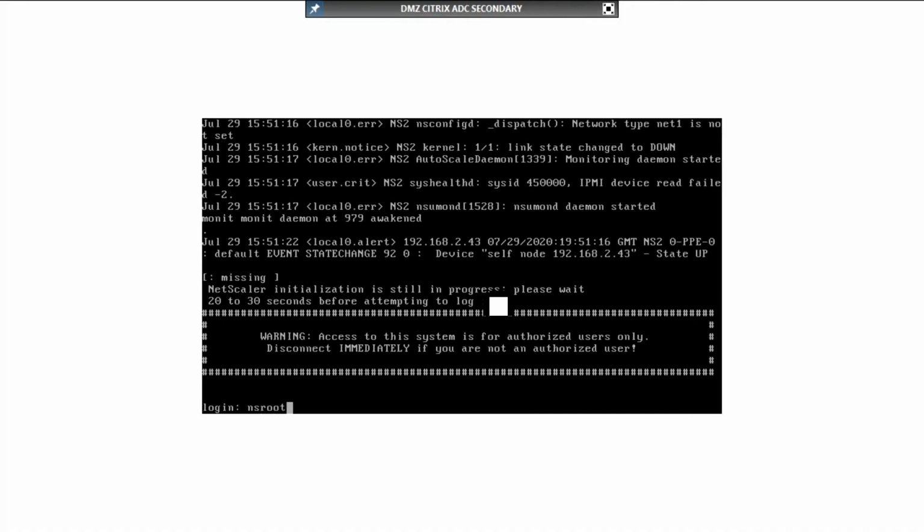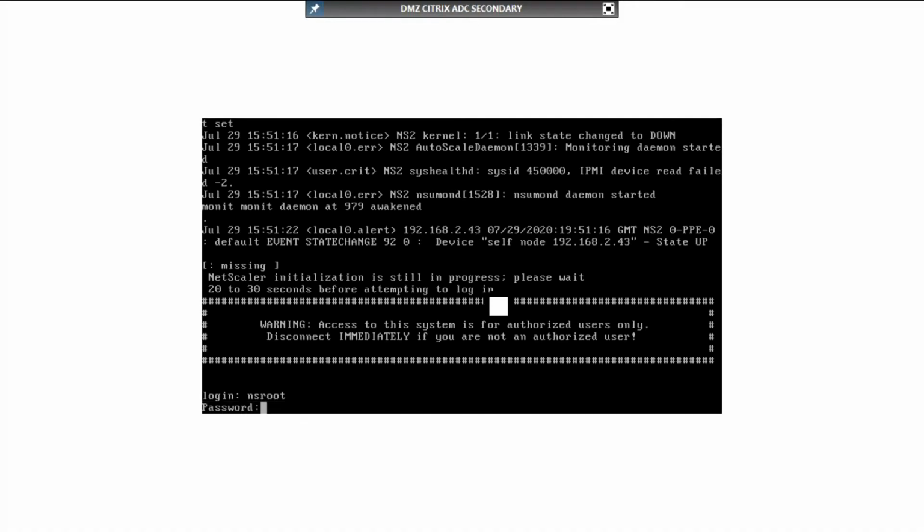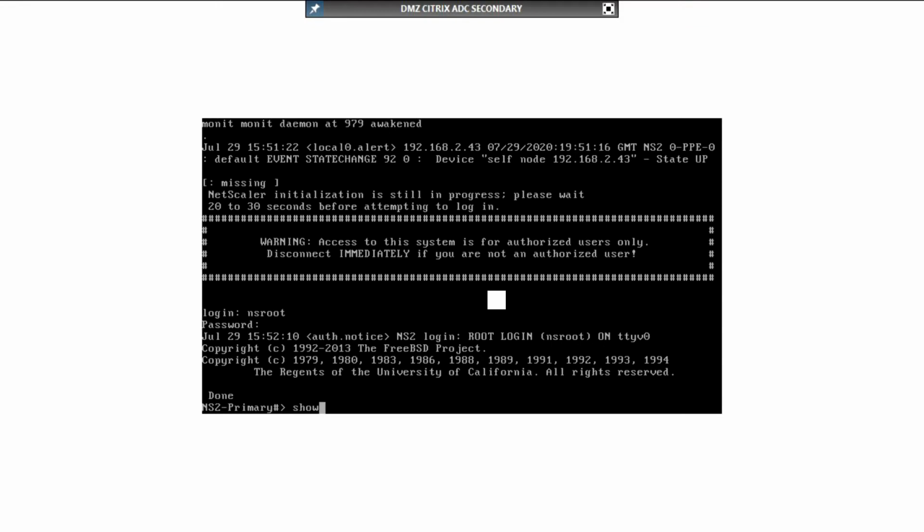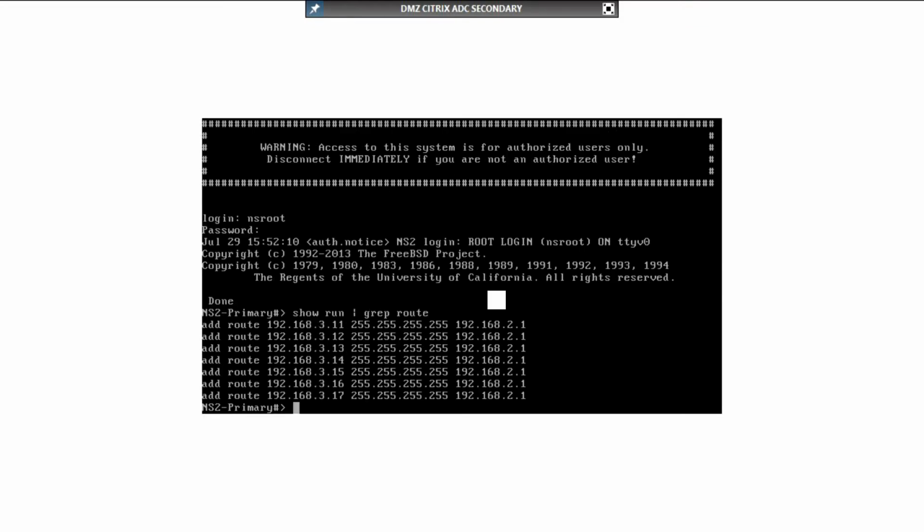Okay, so the secondary ADC has come back up. We're going to log back in, fix the routing, and check the HA status. Verify that we can ping the other side. Add route